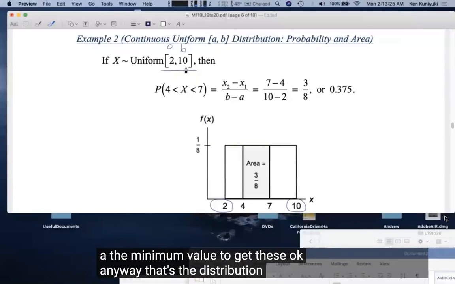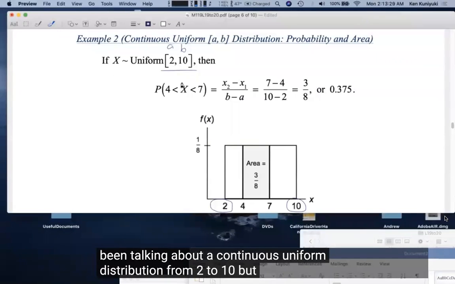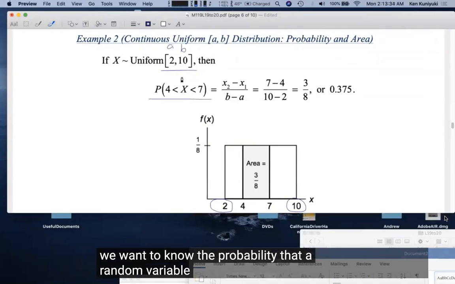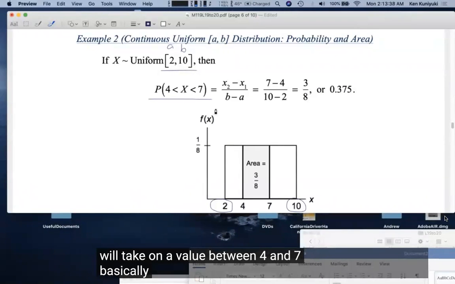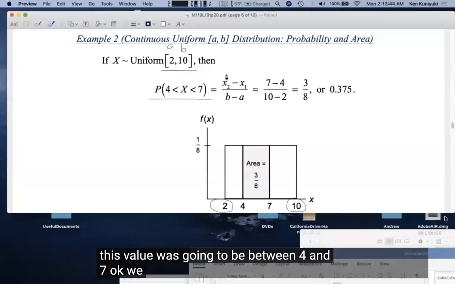Anyway, that's the distribution we've been talking about, a continuous uniform distribution from 2 to 10. But let's say we want to know the probability that a random variable from this distribution will take on a value between 4 and 7. Basically, what's the probability that this value is going to be between 4 and 7? Okay, we can use this formula